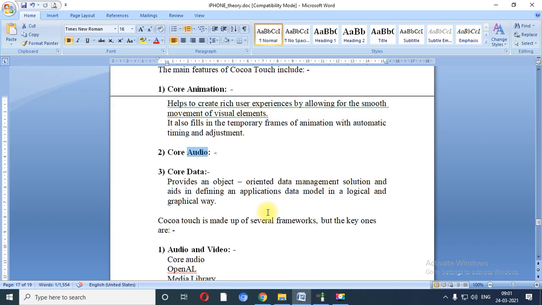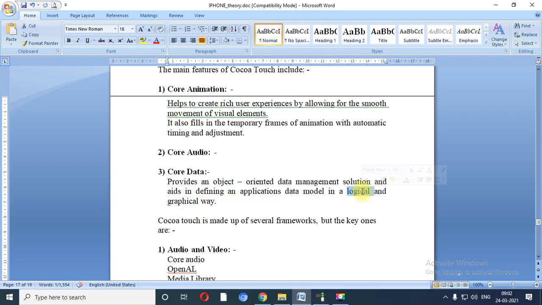So it provides you the object oriented data management solution and aids in defining an application data model in a logical and graphical way.